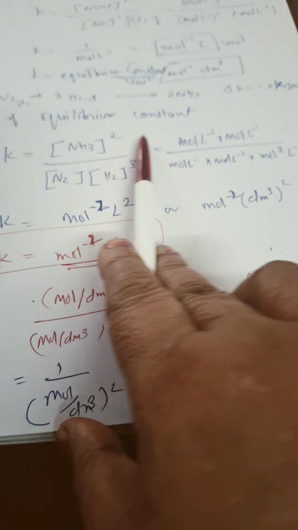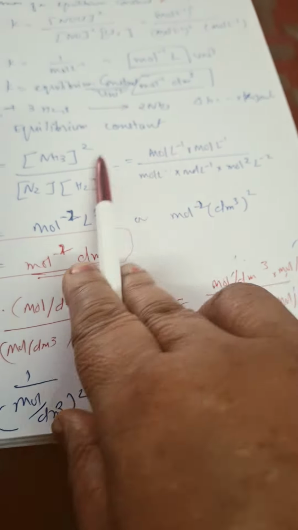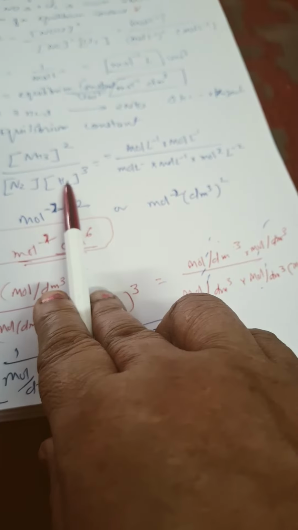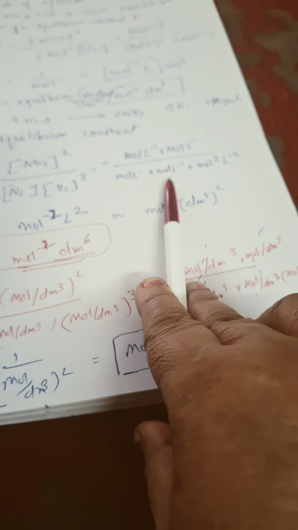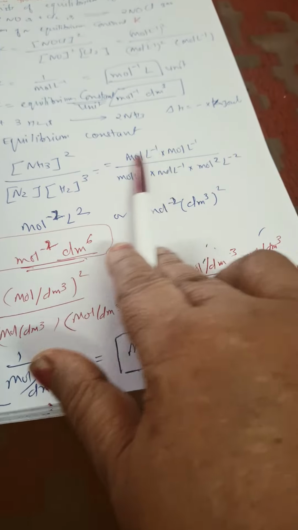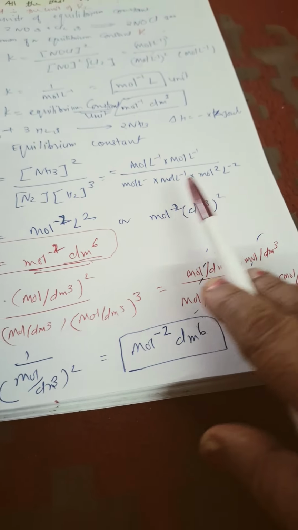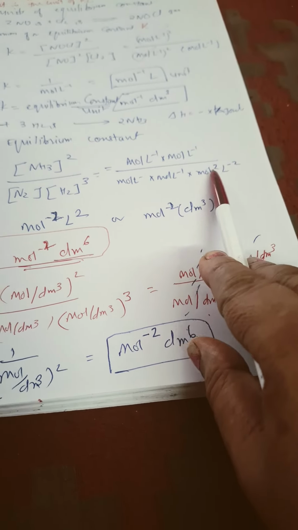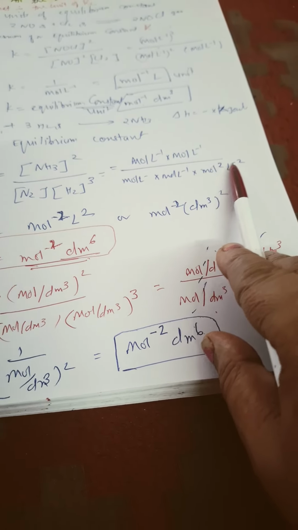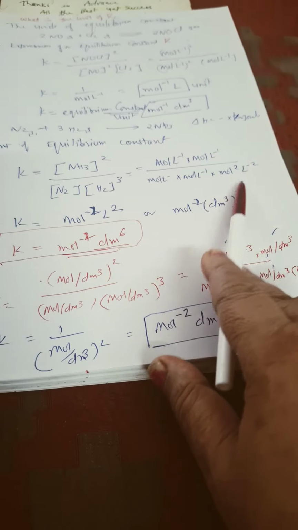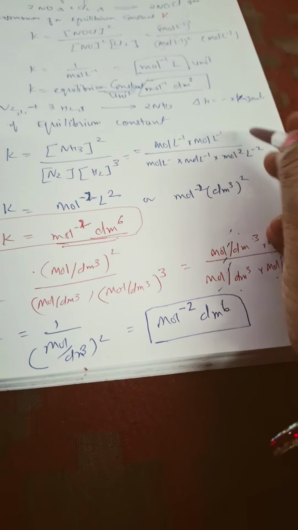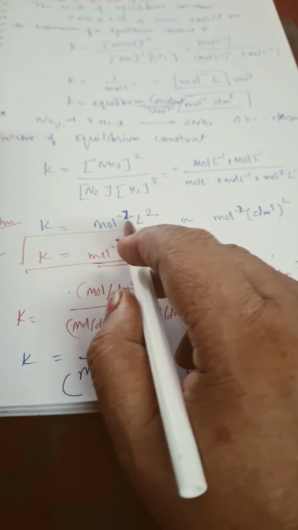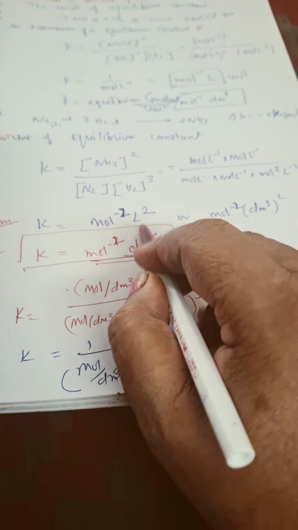Okay, so we write down the unit of this. Here mole per liter squared, so mole per liter into mole per liter. Here 4 times mole per liter you have to write down. So mole per liter. Here, since above there are only 2, here I have written only mole per liter, and here I have written mole square liter inverse 2. So these are cancelled and this unit will go as 1 by mole square per liter square. So here we see K is equal to mole power negative 2 liter power 2.